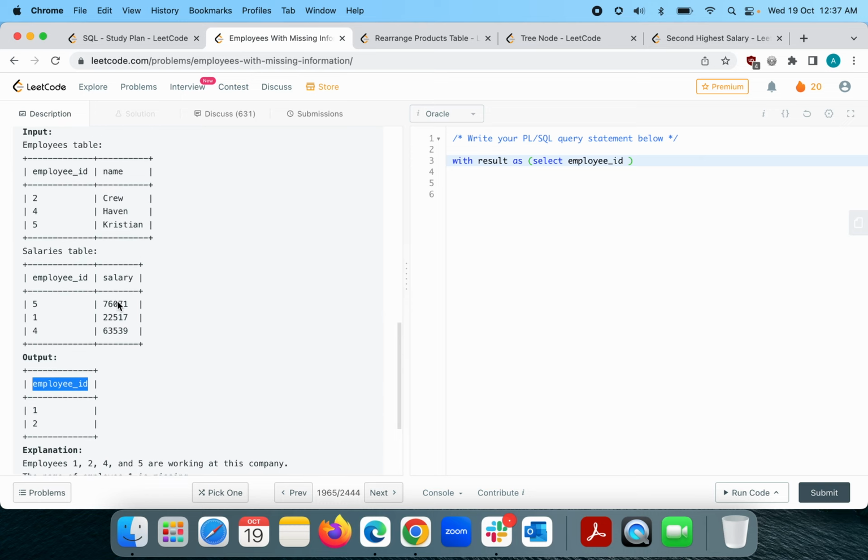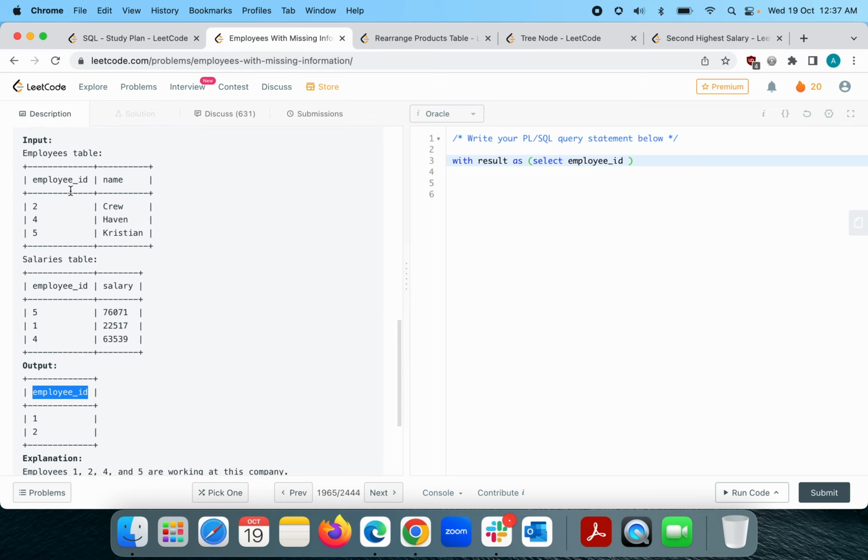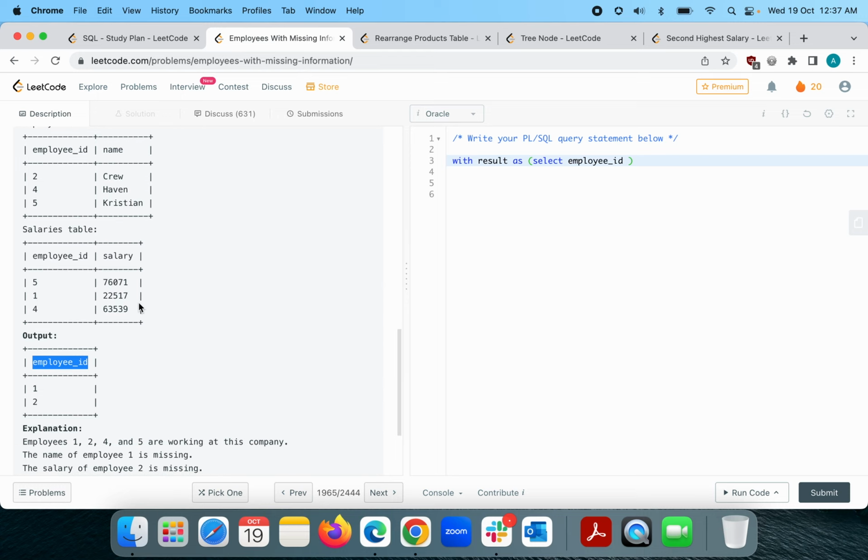Employee ID is required in our answer. So this should be our first thing whenever we see a question: what is the information given to me, and what is the final output that is required? Which columns are required? Employee ID is required, so that's why I'm writing employee ID here. So select employee ID from employees. I will write on a new line so that it will be clearer. Select employee ID from employees where employee ID not in,